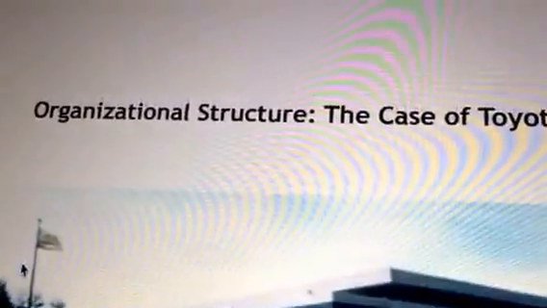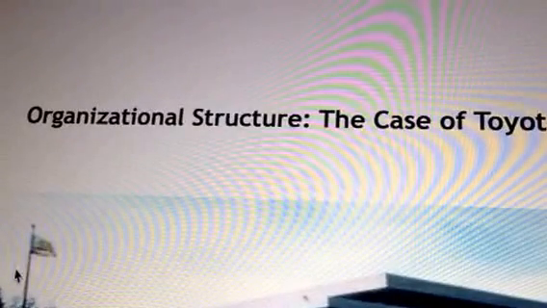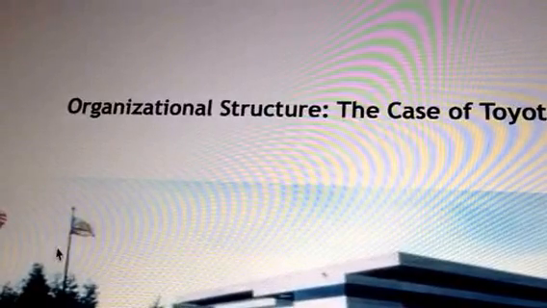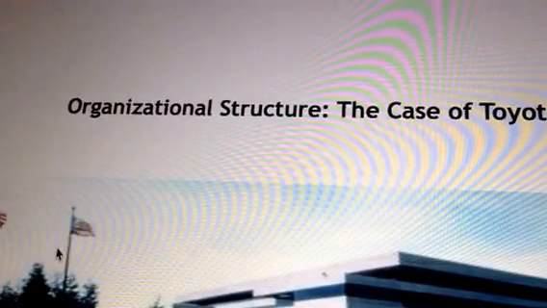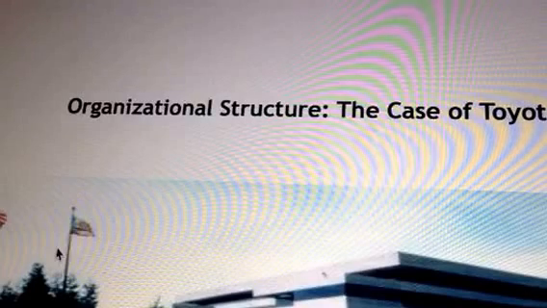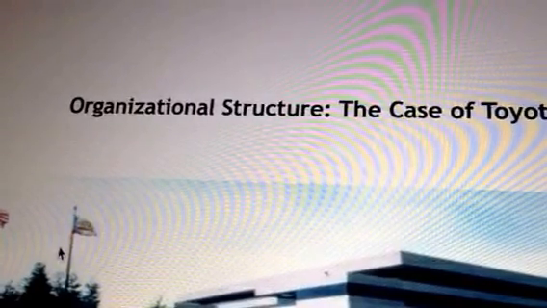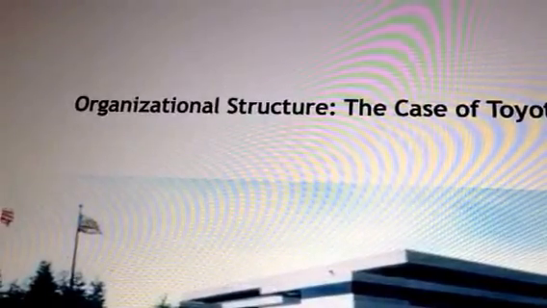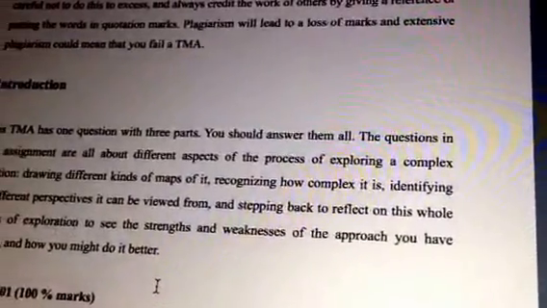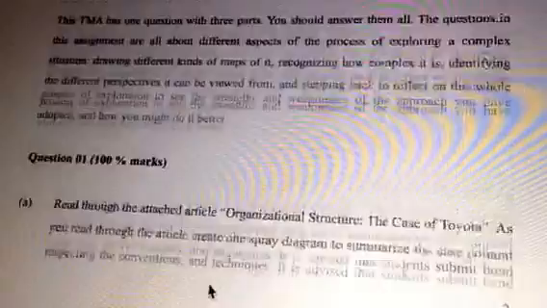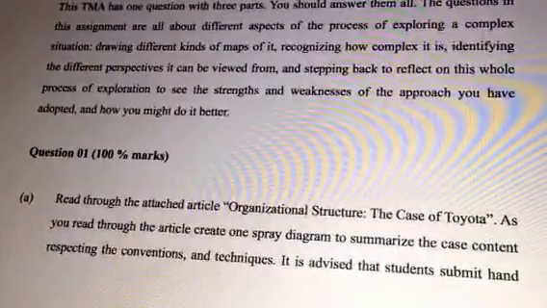This is a TMA 200, T205B, and this is the case study. When you start to solve your TMA, you should do two things first. You have to read the books, your material in the book. You should know about it, and you have to read the case study to apply the questions, to have the ability to solve it.